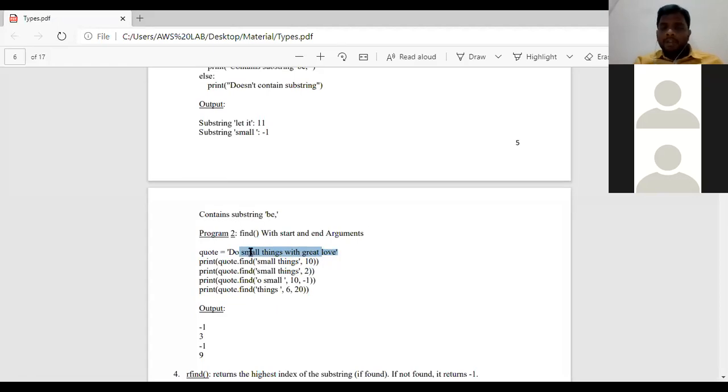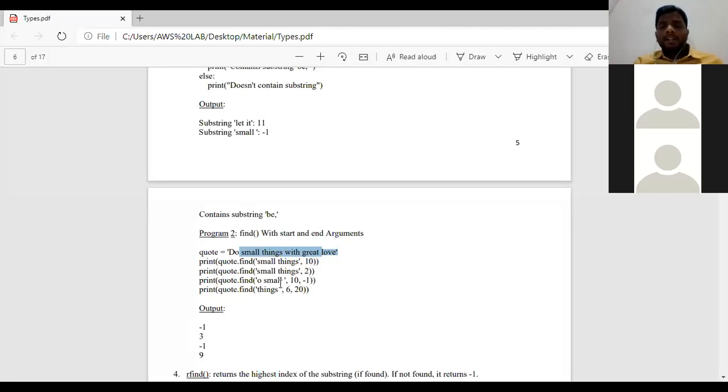ఉందిగా. సబ్స్ట్రింగ్ ఉన్నప్పుడు ఏం చెప్తున్నావు? దాని ఇండెక్స్ వాల్యూ ఏంటో రిటర్న్ చేస్తుంది అని చెప్తున్నావు. ఇండెక్స్ వాల్యూ ఎక్కడి నుంచి? 0, 1, 2, 3. ఎస్ స్టార్ట్స్ ఫ్రమ్ 3 కాబట్టి సో ద ఇండెక్స్ వాల్యూ రిటర్న్ ఈజ్ యాజ్ 3. క్లియర్? నెక్స్ట్ ప్రింట్ స్టేట్మెంట్. మనకి కావాల్సిన సబ్స్ట్రింగ్ ఓ స్పేస్